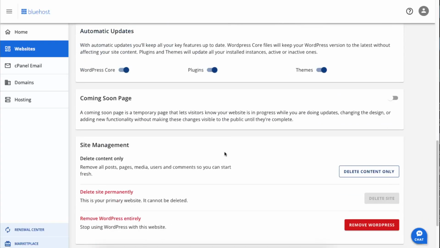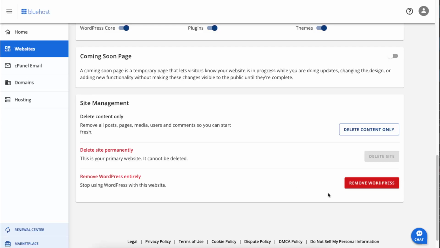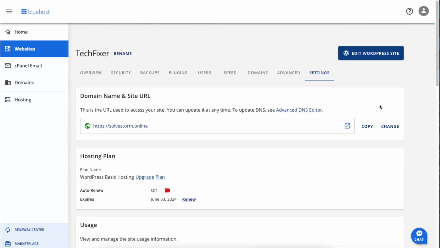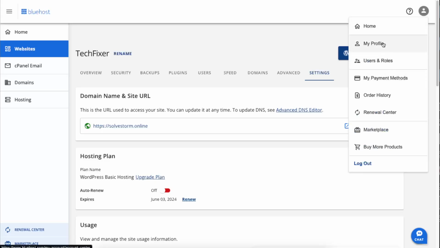And now you can also go ahead at the bottom here, and you can first of all remove the WordPress. So stop using WordPress with this website, and then you can actually delete your website here too, after your auto renewal ends. So when this ends, basically, now to stop the auto renewal, you will go here to your renewal center right